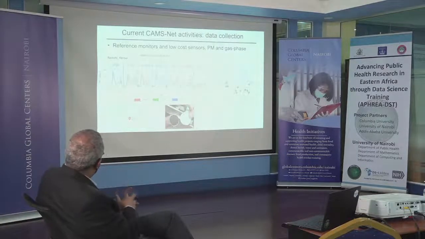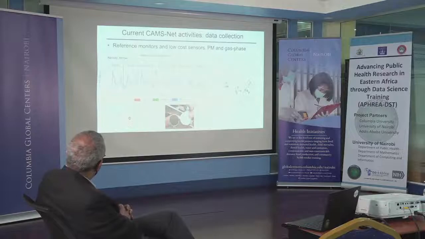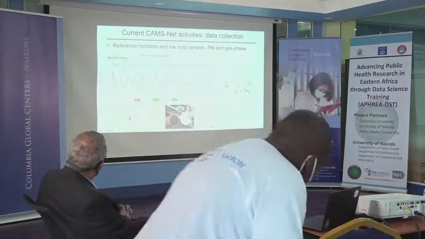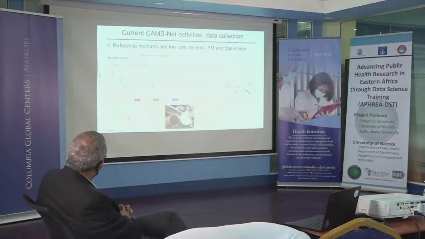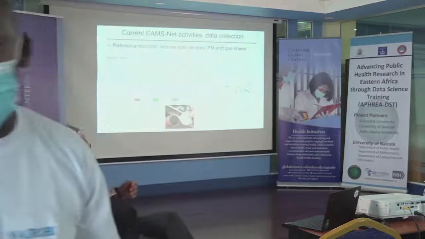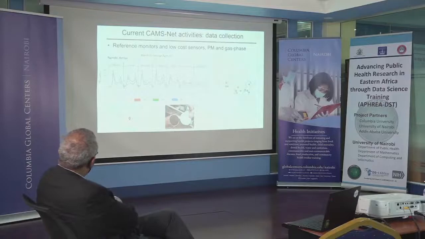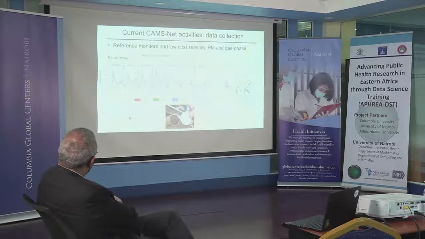We're also doing a lot of data collection, and this map of Africa on the right shows some of the cities that I'm currently working in. Of course, I'll highlight what's going on in East Africa, particularly in Nairobi, Kenya. To our knowledge, we have put in the first reference monitor for nitrogen dioxide and nitrogen oxides in general, so NOx, in Nairobi, Kenya. It's located at the Kenyatta University City Center campus, kind of right in the heart of the central business